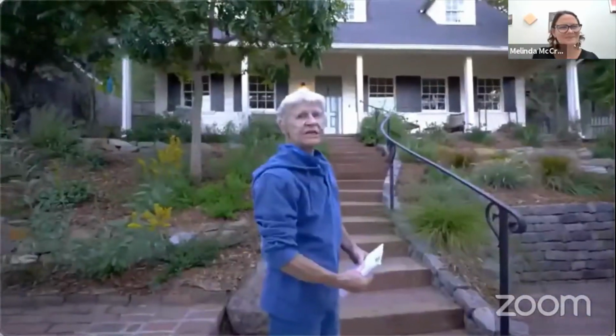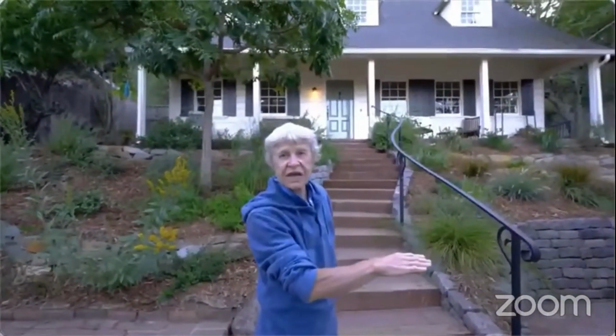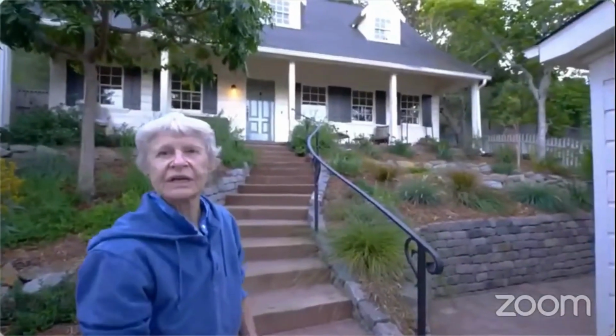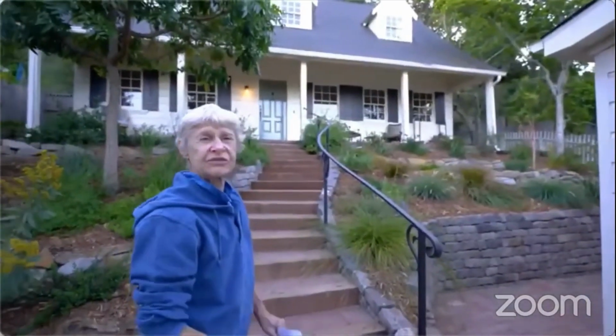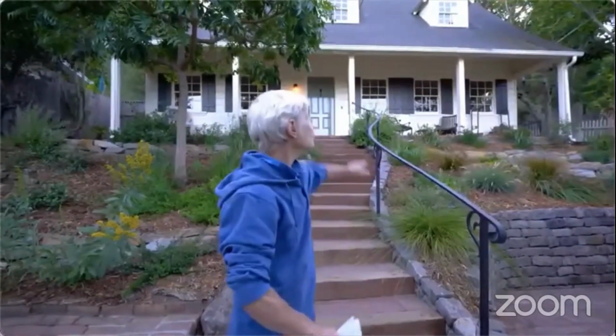So I thought to capture the water. As you can see, the slope is very steep coming down the hillside, but going across the hillside, it's a relatively moderate, mild slope from 0 to 2%. So I realized that I could create wetlands and capture the rainwater, the water from the roof, and bring it into the garden, and therefore increase the flow of water in the garden in a positive way for plants to